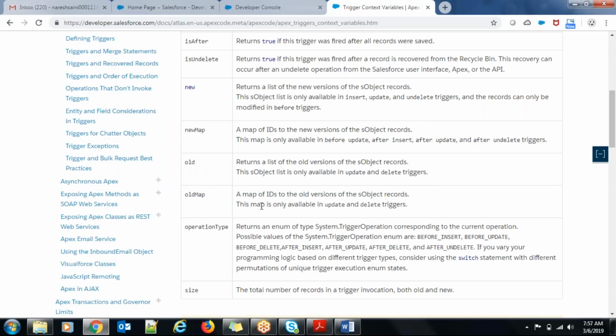Same thing. These are the important things, like when it will be available or where it is going to return the records. This map is only available in update and delete triggers. Operation type is something new which was not there earlier. So it returns an enum of type